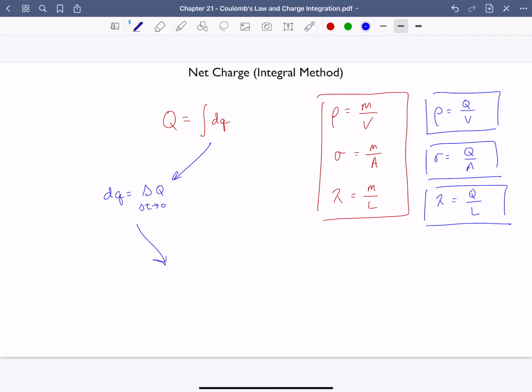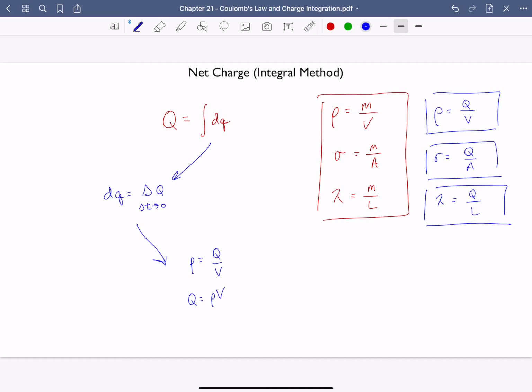Well, in part, it depends. Are we doing it over the volume? Are we doing it over the surface? Or are we doing it along a line? That's going to change depending on the geometry of our problems. But let's take that volume charge density as an example. We know that the volume charge density is the total charge divided by the total volume. We can rearrange this and say that total charge is equal to its charge density